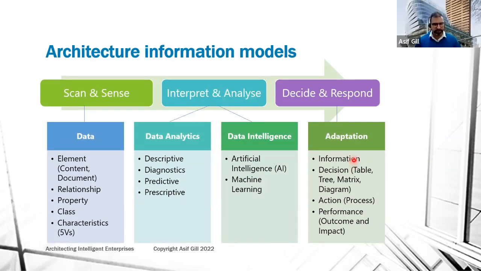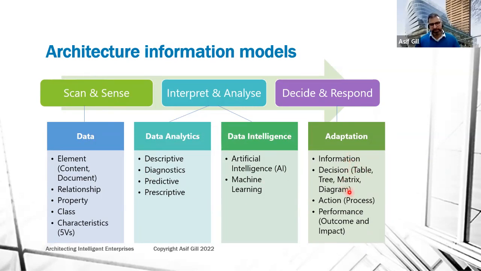When we use that architecture information, we can generate different models. We first of all construct the architecture data models and link them together. And then we analyze that data doing data analytics. We can do different types of data analytics on the architecture data, interpret and analyze those analytics. And then also we can apply machine learning and AI to that, and then analyze. And then finally we decide and respond to different opportunities, including digital transformation and innovation, based on that information coming up. But here we define what information that is, based on whatever information needs, based on all the intelligence,